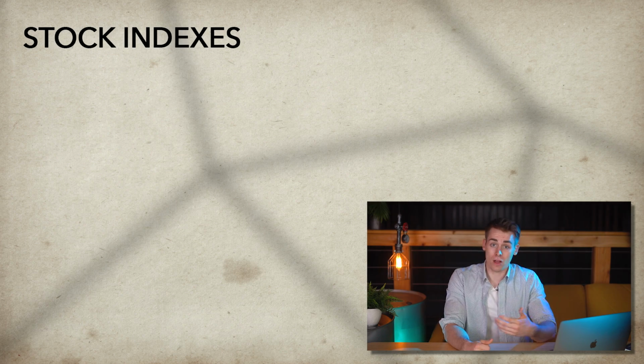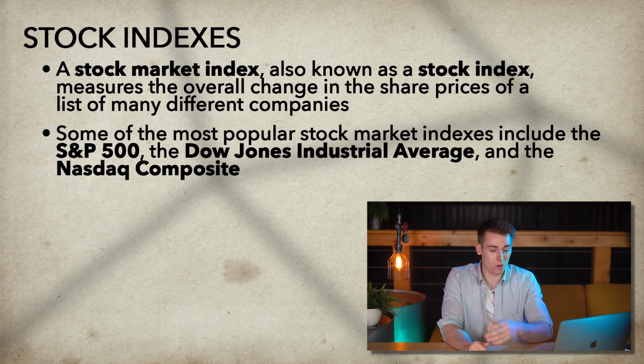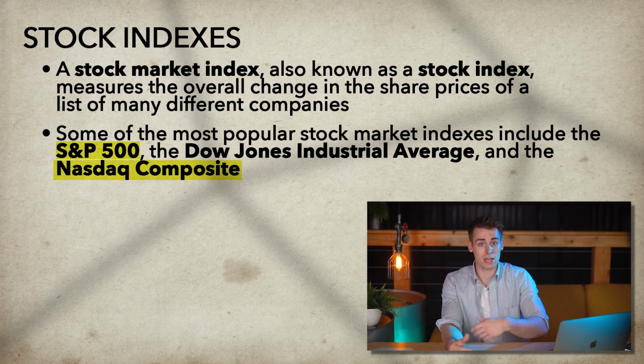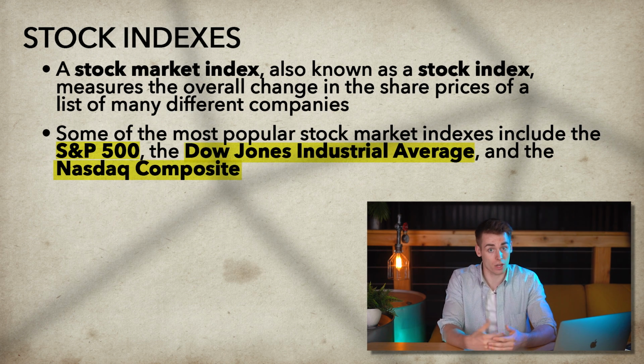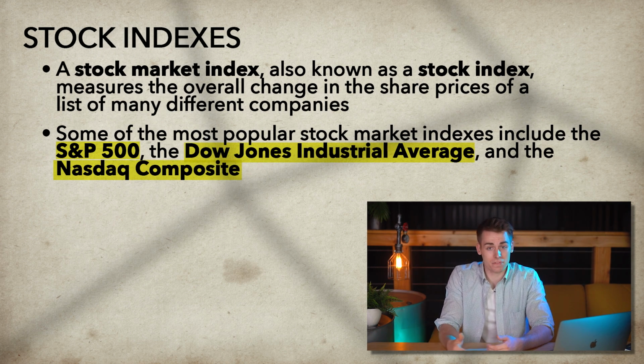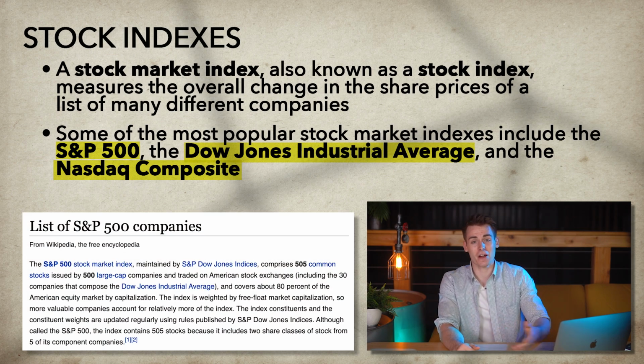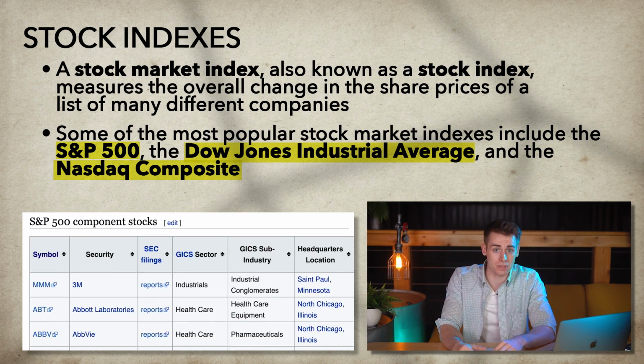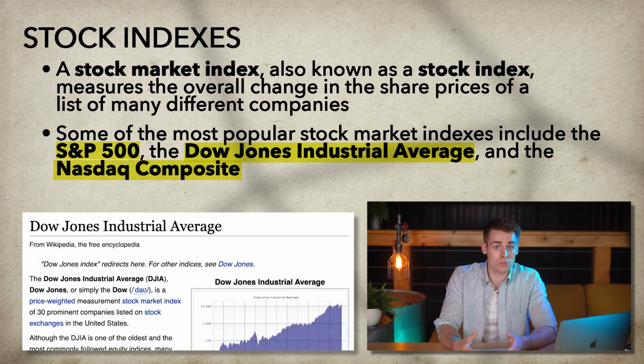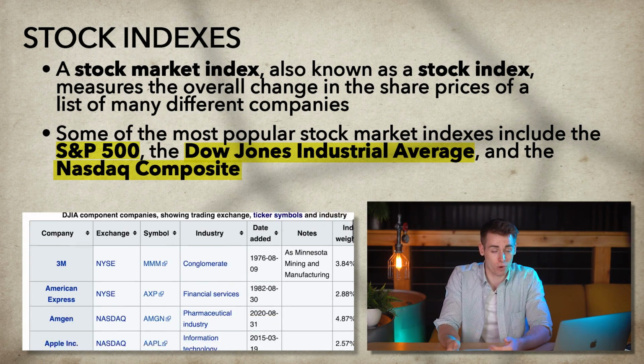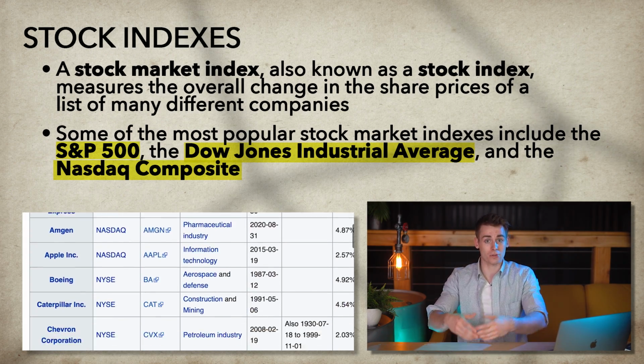Yes, it is. This actually brings up a really important concept in the stock market, and that's what is known as a stock index. A lot of these stock indexes you may have heard before: the S&P 500, NASDAQ, the Dow Jones Industrial Average. A lot of these may ring a bell. What they are is a grouping of stocks. It's a list. The S&P 500 is a list of the top 500 companies in America. The Dow Jones, or the Dow Jones Industrial Average, as it's formally known, is another grouping, another index,